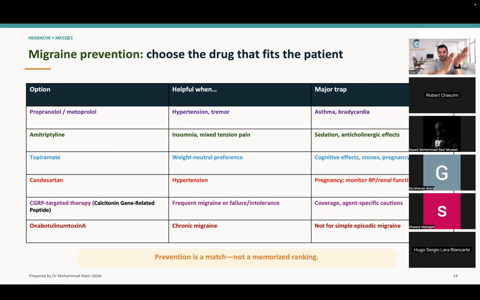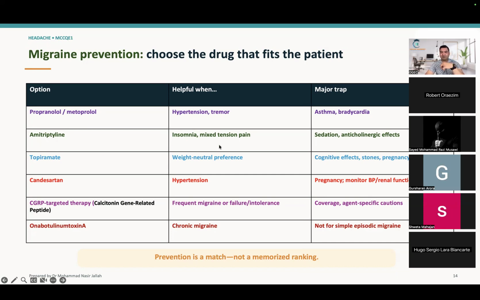Migraine, disabling, patient with asthma. So in that case, I cannot use this. If the patient has bradycardia, I cannot use this. Why? Because it causes bradycardia. It causes asthma, even though it's selective, but again, it will cause asthma somehow. It's not a good choice.